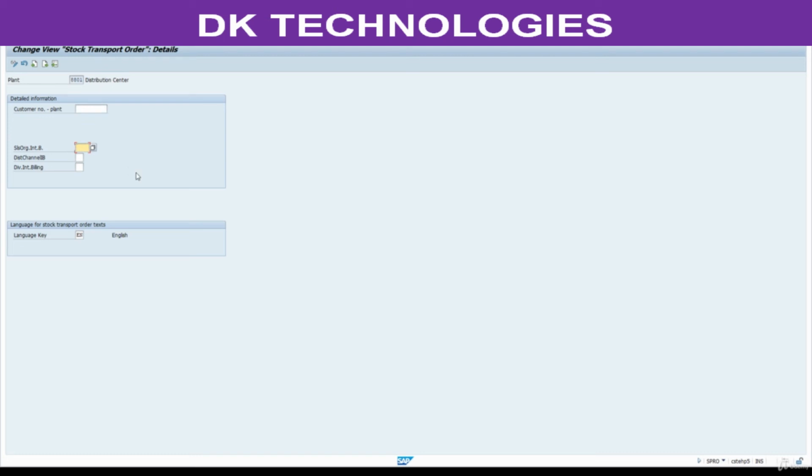Here you need to maintain this information: sales organization 8800, distribution channel 88, division 88. This data is required because if you maintain this data, only then is the system going to enable the shipping tab while creating the purchase order. Otherwise, you are not going to get a shipping tab there. Go back.